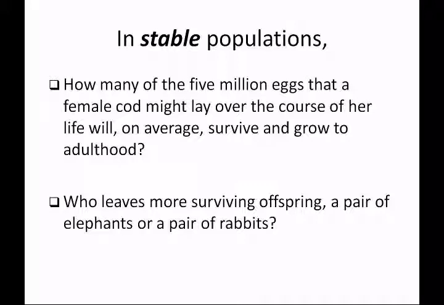So if we ask a question along the lines of how many of the 5 million eggs that a female cod might lay over the course of her life will, on average, survive and grow to adulthood. So if we think about one cod, one fish that's living in a stream, she may lay 5 million eggs over the course of her lifetime, but only maybe 5 or 6 will make it to adulthood because eggs are very easily consumed by predators in